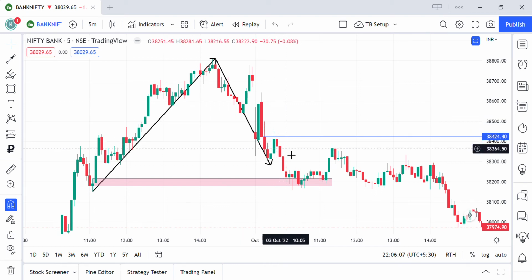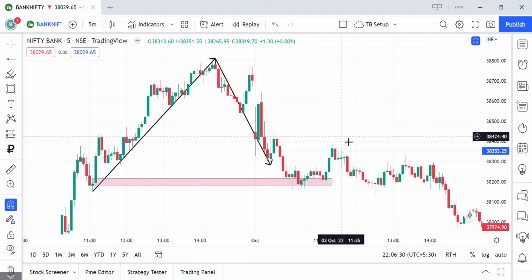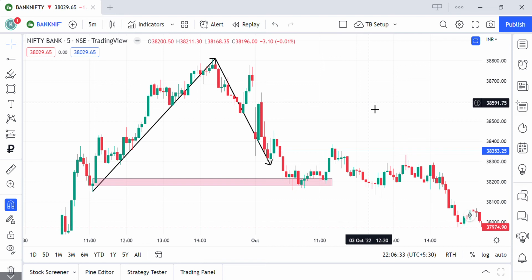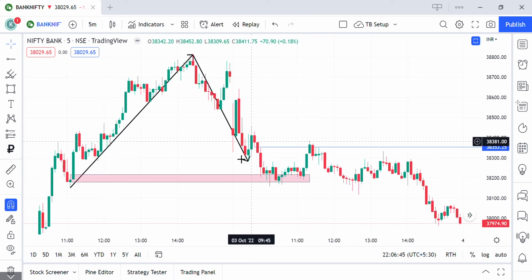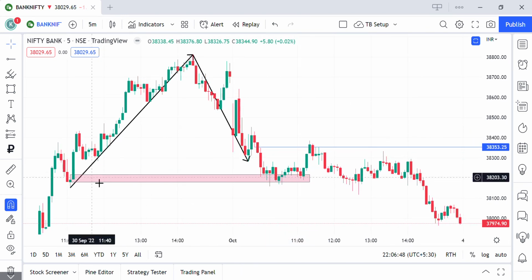So it is obvious that in this particular situation, sellers are more dominant in this minor flow than the buyers in this major flow. So that should give us an idea to go short at the inward frequency of this minor solid structure created, this inward frequency, rather than going long and then waiting for further reversal of price towards long position. This is the context behind the price action between major sellers and major buyers and minor sellers in